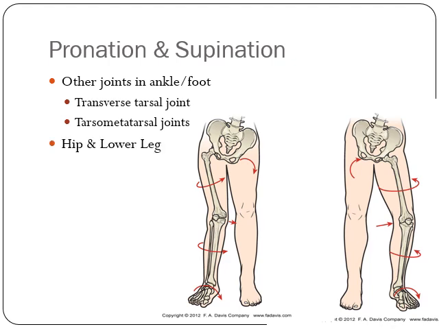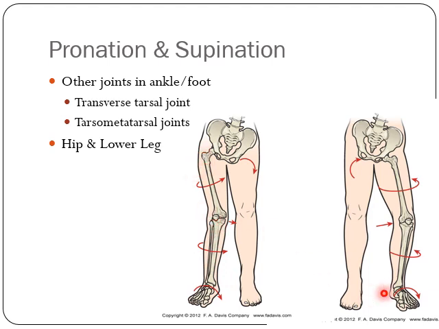Again, we see what goes on with the hip and lower leg. So in this picture here, we're looking at pronation, right? With pronation, you're getting internal rotation at the lower leg, the tibiofibular joint. You're getting internal rotation at the hip. You can also see what the pelvis is doing in response to that, okay? And you could also see what the knee's doing. So again, what happens down at the foot could also impact the knee and the hip. So if someone has an issue down here at the foot, they could also start to develop both knee and